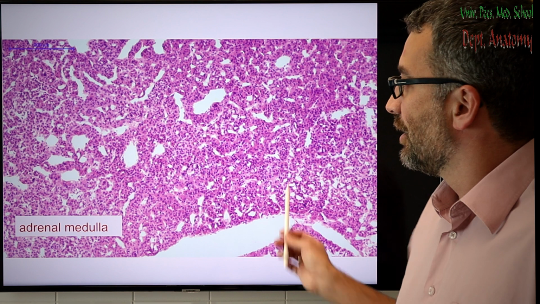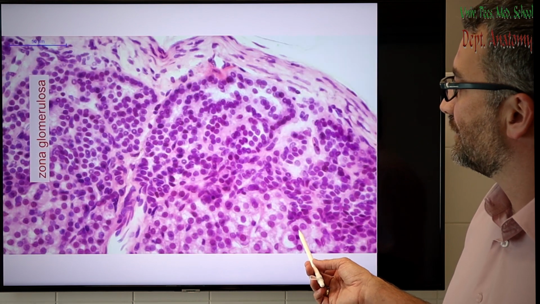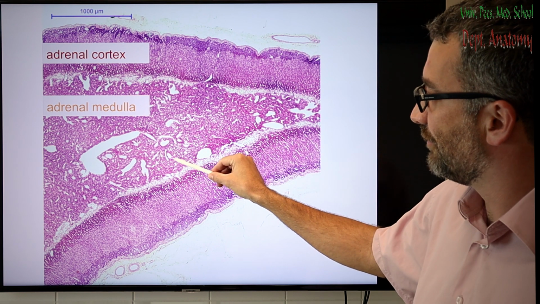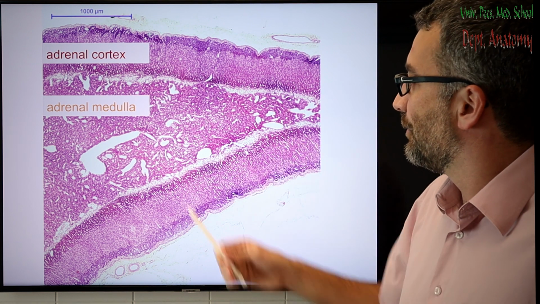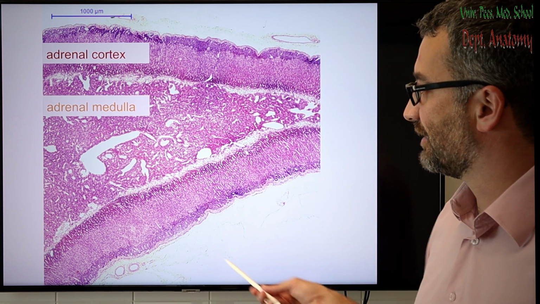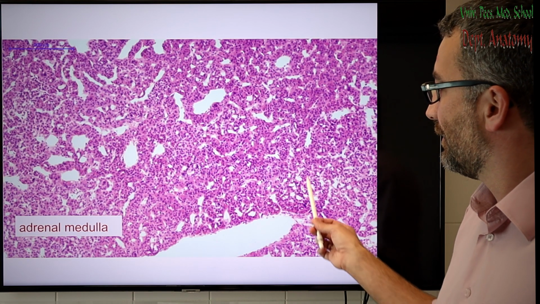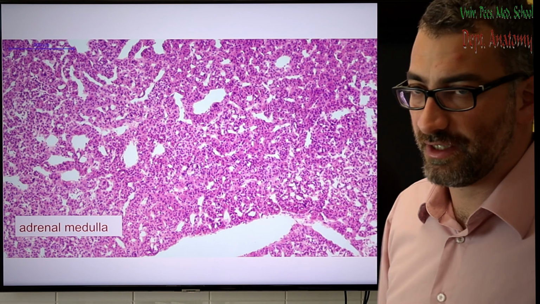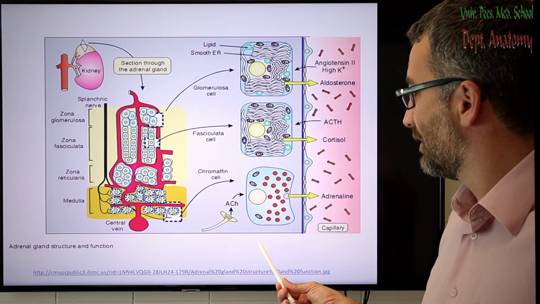In the adrenal medulla, we see a very different pattern of organization of the cells compared to the cortex. The medulla is very rich in sinusoids, in blood vessels, which will drain the blood of the cortex as well, as I showed here in the drawing. And the cells form a network-like organization, parenchyma, without any special structures. The cells themselves are called